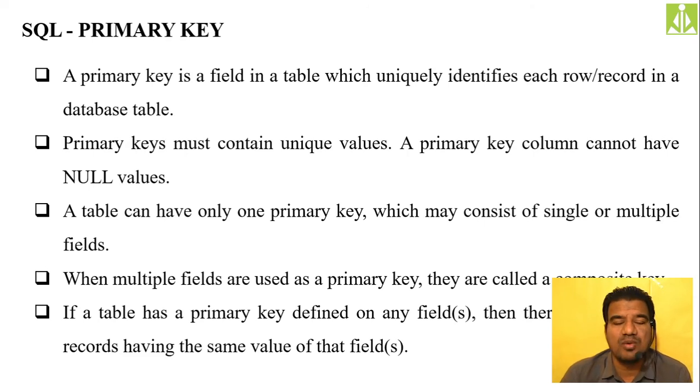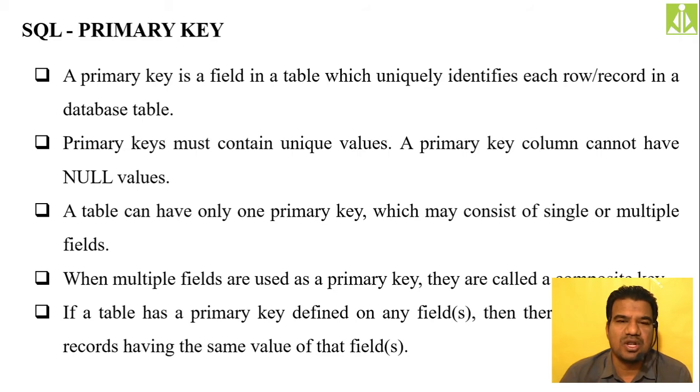Of course, you can employ the primary key on multiple columns, like CID and CNAME. On both the columns you can impose this primary key. When you are keeping more than one column inside the primary key, we call it a composite key. Composite key entries must be unique. Two students may have the same name, but their roll numbers are different, so we collectively take it as an entry inside the composite key.